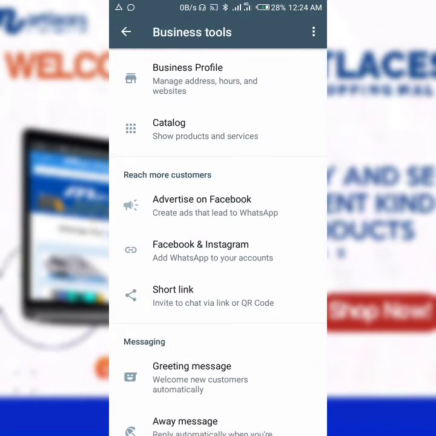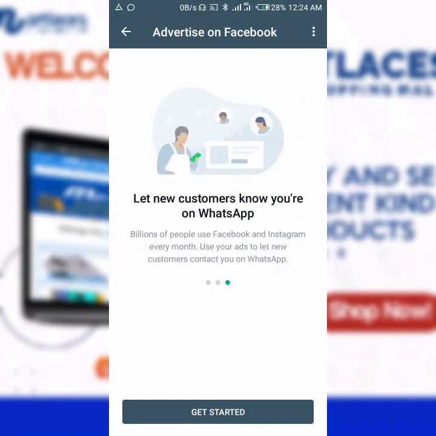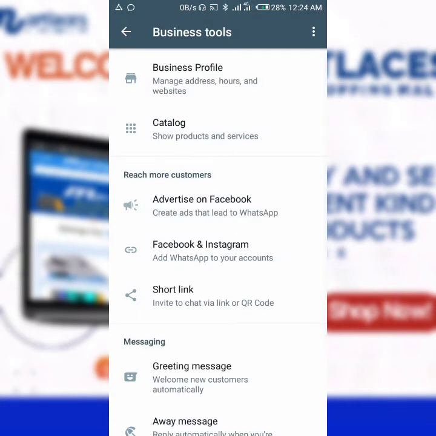So now if you go, then we have advertise on Facebook. Now if you want to create an ad on Facebook that leads to WhatsApp, you can do that. Or you can equally click on this button here, and click on get started. It will take you to Facebook, and when you run the ad from Facebook, it will get to the people that want to shop, or potential customers will be able to reach you